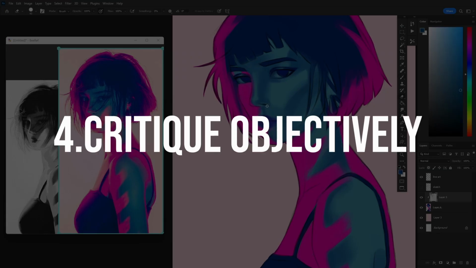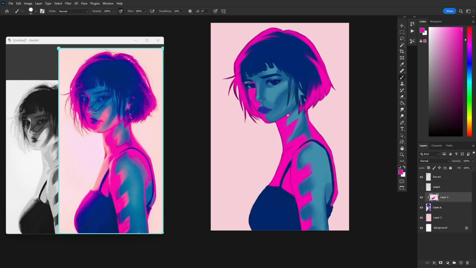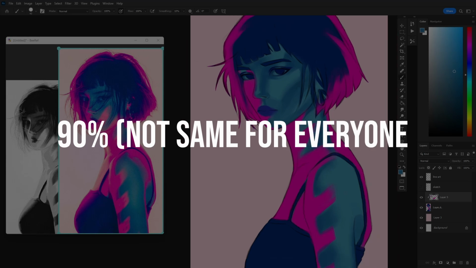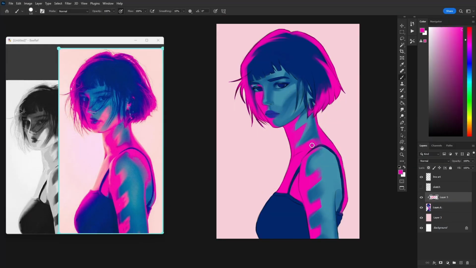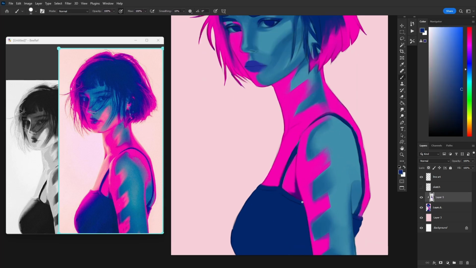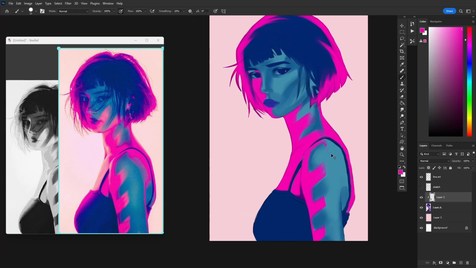Critique objectively. At the end of the study session, when you are done with the piece, there's a 90% chance that you won't find the end result satisfactory. And it's completely okay. It's a photo study. It's not meant to be a masterpiece. The only thing that matters is that you learn from it. So without condemning yourself, critique the piece objectively. Take a note of the mistakes or the things you can improve in the next session